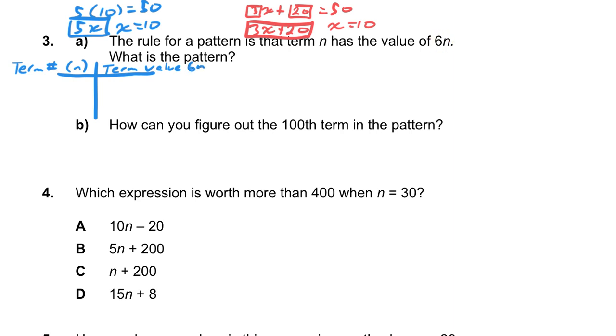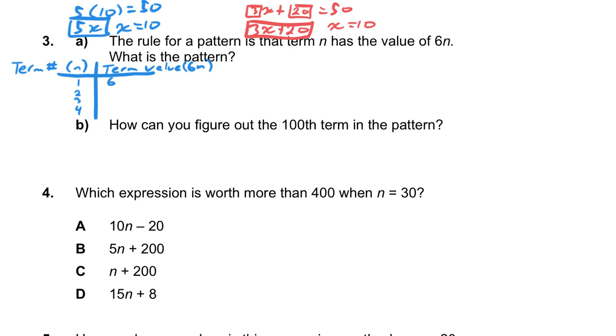So this is 6n. Basically, when we had a 1, a 2, a 3, a 4, we can take this n and substitute it here. So 6 times 1 gives us the value for the first case. So that gives us a